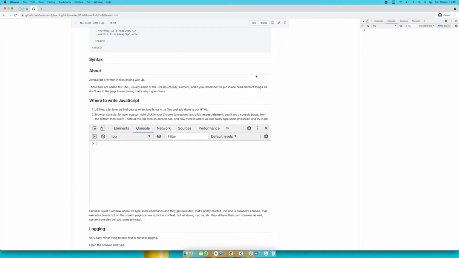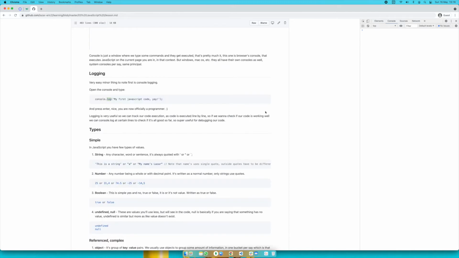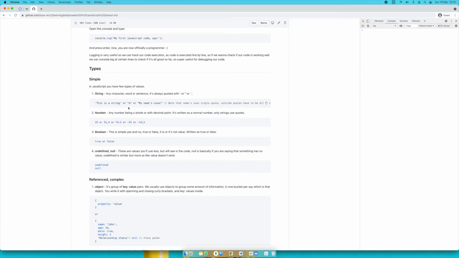JavaScript syntax is just a bunch of words and some symbols we can type in to produce some sort of functionality. That's pretty much it, and it's not necessarily too crazy. We need to learn what the syntax of some of those things is,